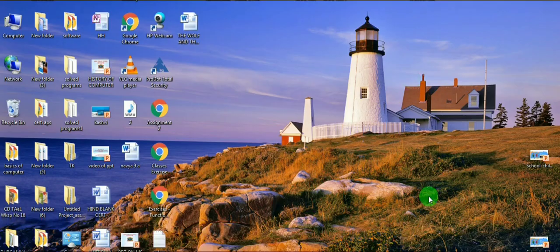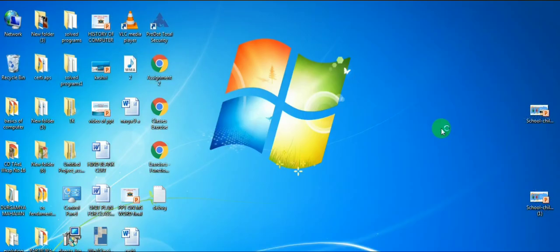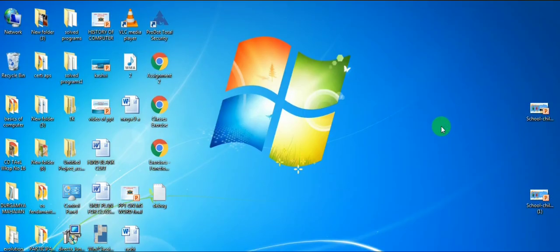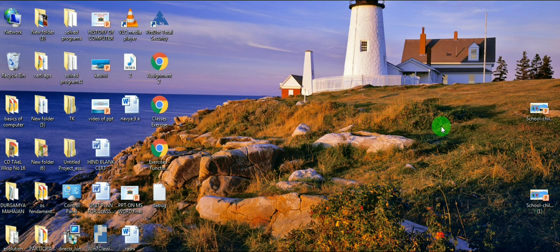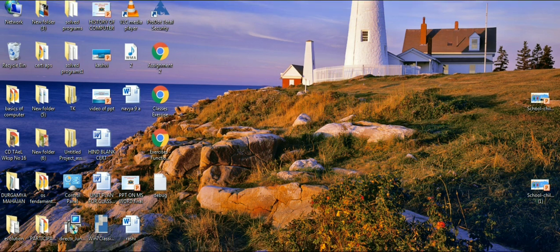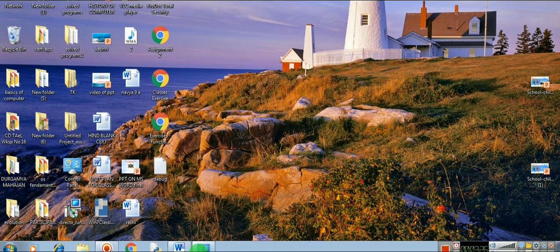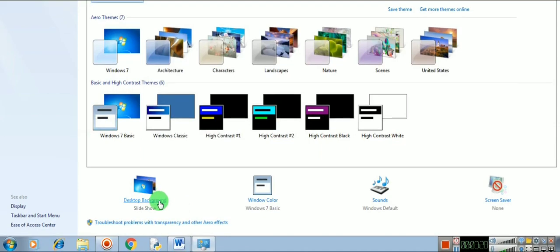Now you can see this desktop background. Now after 10 seconds this will come. Again after 10 seconds the previous one will come. Means this background will shuffle, will change automatically one by one. So this is the option that I can click on this personalize window.